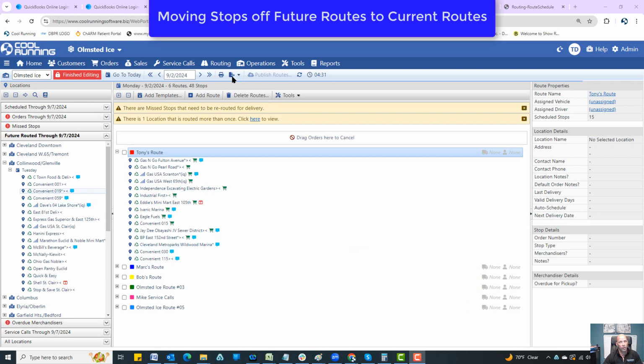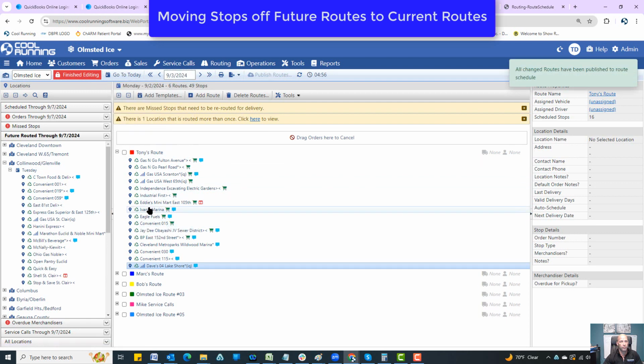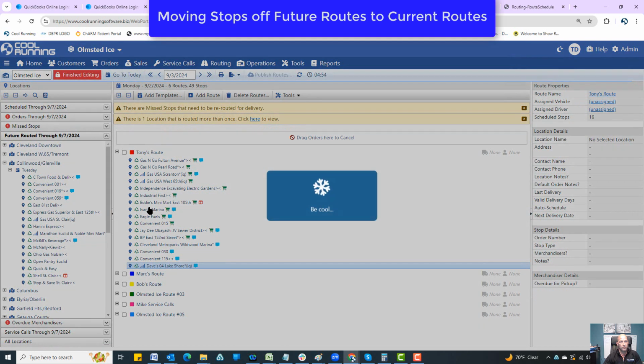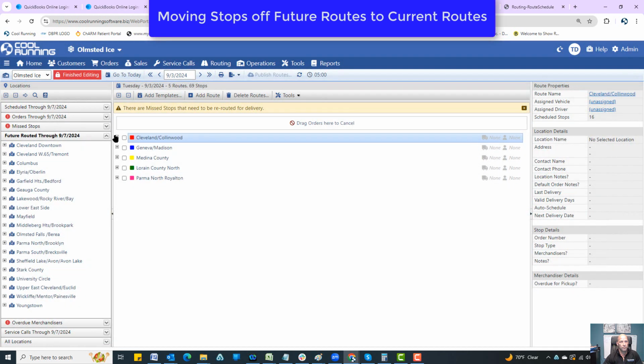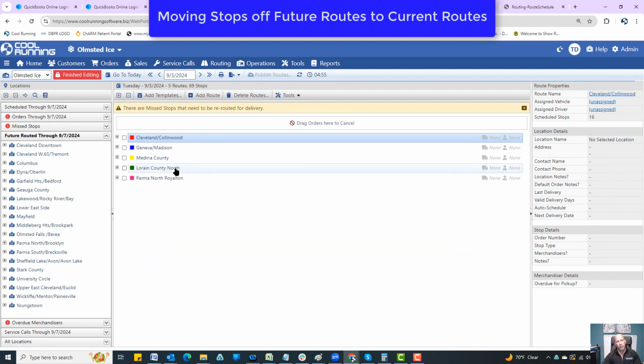So here's that Dave's number 4. I was showing it a second ago. It was on the Tuesday. I'm going to just put it over here, and I'm going to publish it. Okay, so now if I go to tomorrow for that same route, it's no longer there. Okay, so that's how you go about pulling stops from future routes and pulling them